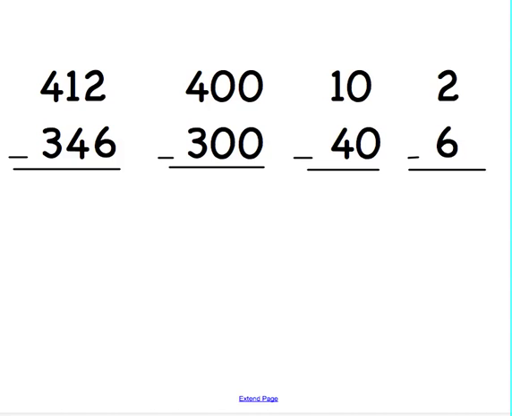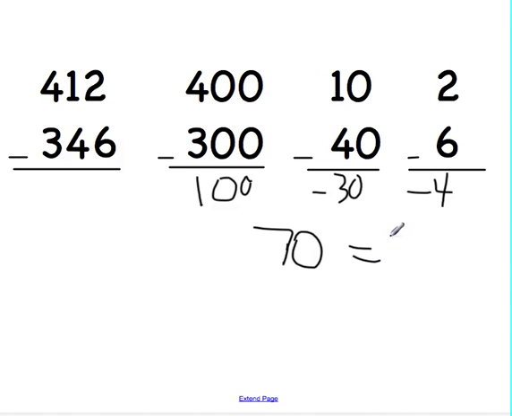Let's do one more. As you can see, I've broken down my digits into their place value parts. 400 minus 300 is 100. 10 minus 40 is a negative 30. 2 minus 6 is again a negative 4. 100 minus 30 is 70. 70 minus 4 is 66. 412 minus 346 is